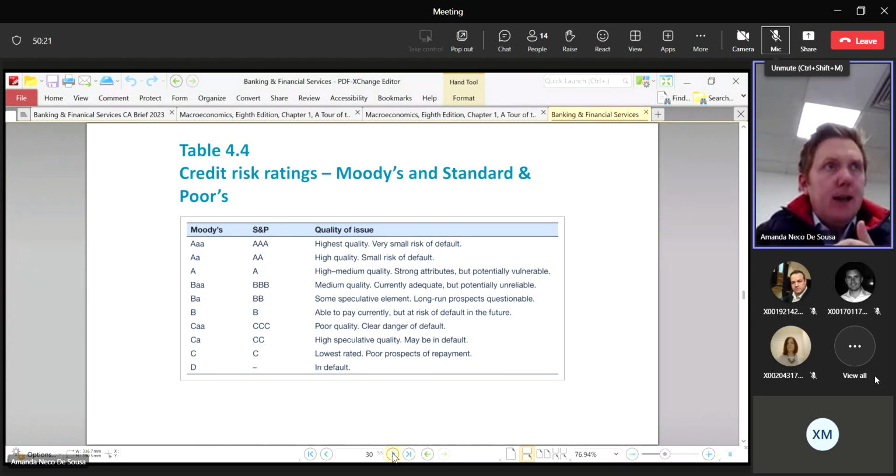And this SPV will contain a variety of levels of debt based on how risky they are, and its credit rating. The credit rating agencies will look at the collection of loans within this SPV and give a credit rating to it,